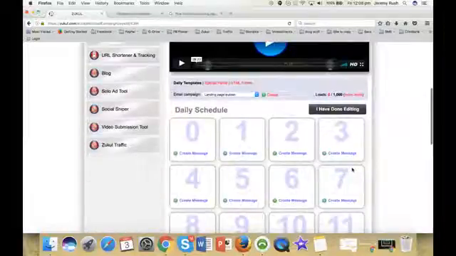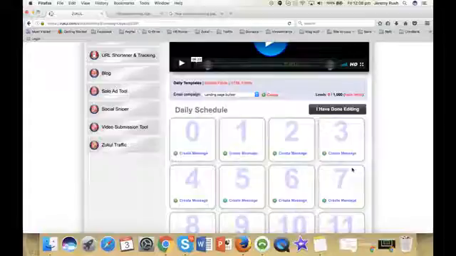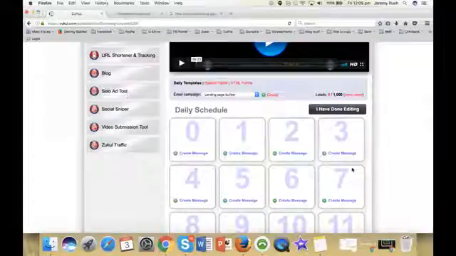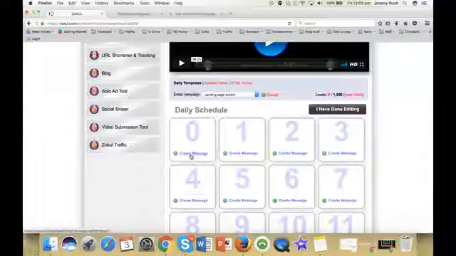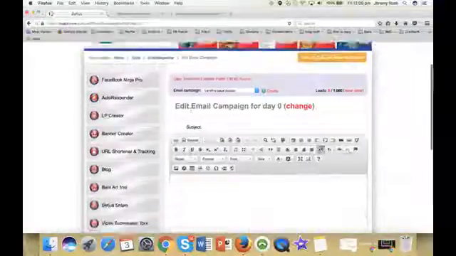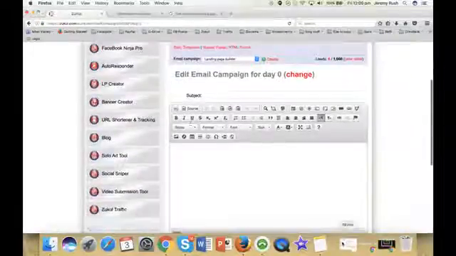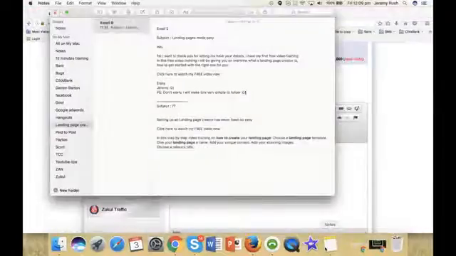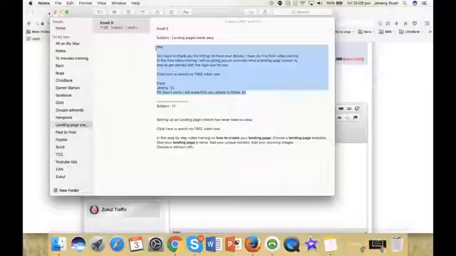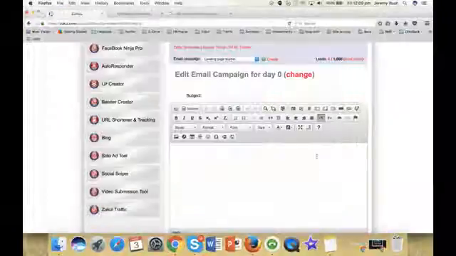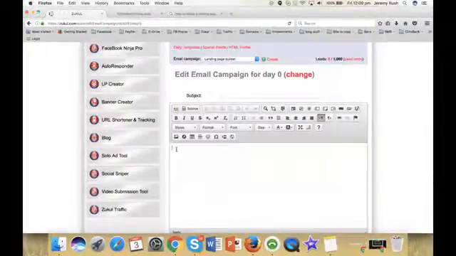Then if I come to the pencil, I want to start now building my emails. Now, what I want to say to you is you don't have to build your emails all in one go. You know, who's going to sit there and write email after email after email? So the first thing you want to think about is the first 1 or 2. Okay, so I'm going to create my first email. So I'm going to click on that link there that says create. And then what I've done in my notepad is I've written down an idea. So I'm just going to copy this, and I'm going to paste this in. Okay, copy that. And I'm going to pop a right click on there.